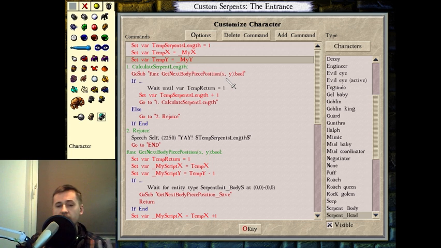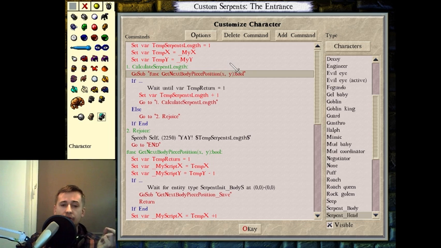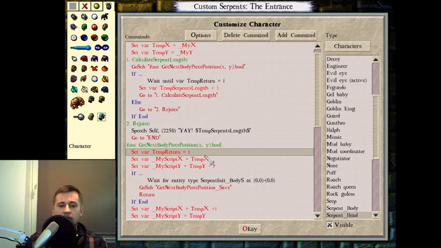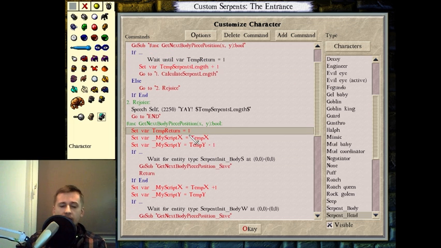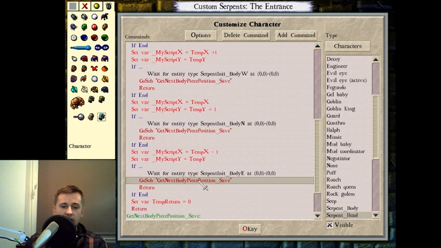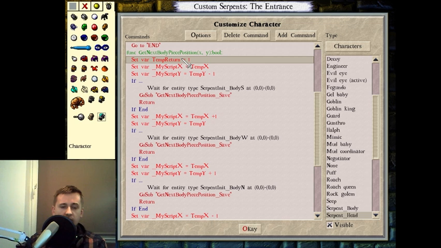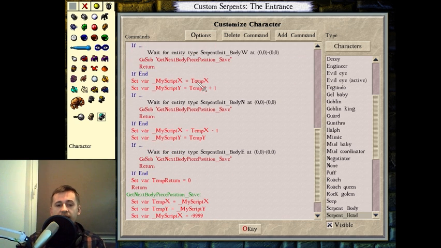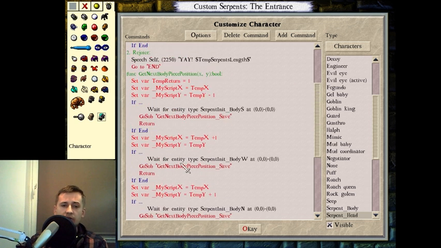Temp_y is the y position of the body we are checking, and it is going to return either 0 or 1 in temporary return. So we go to this subroutine. At the beginning we set the return variable to 1. We could have done this in any of these places, but I decided instead to place it here. So at the beginning of the routine, we know we are expecting to return 1, and only if we miss any of the conditions, we finally end in this line, which sets the return to 0